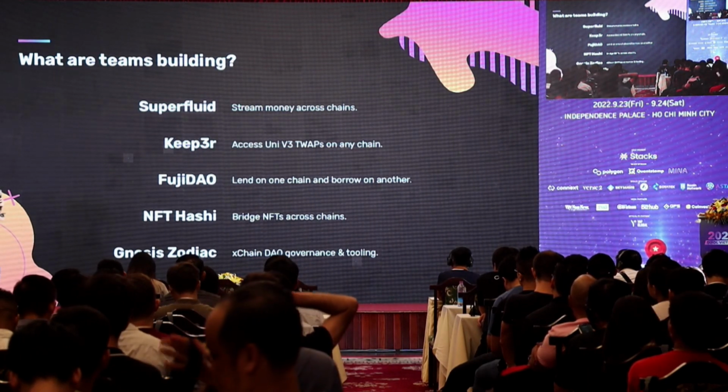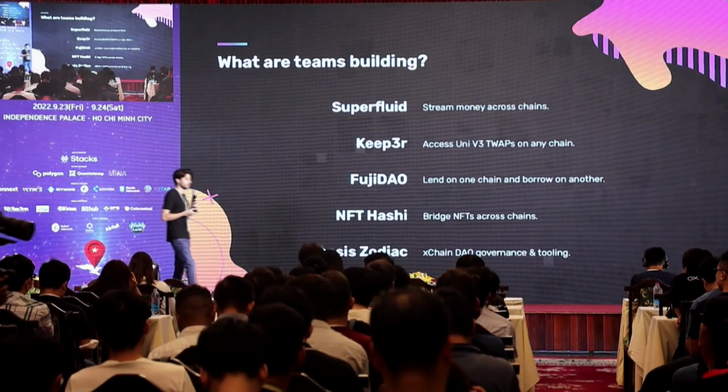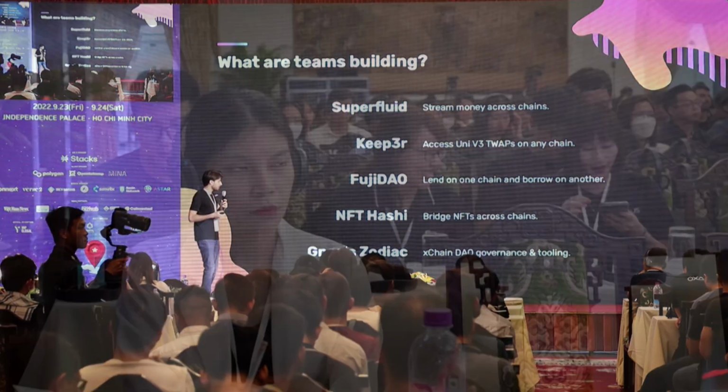And lastly, Gnosis Zodiac. Within the Gnosis ecosystem, there's a project called Zodiac, which is basically building DAO tooling. One of the key things that they want to enable is cross-chain governance. So being able to have a proposal that exists on one chain be executed from any other chain. A good example of this is, for instance, Uniswap needs to update their fee tiers on Polygon, but Uniswap's DAO exists on Optimism. How do they do that? The goal is to move towards not just being able to do things like that, but also have cross-chain voting. So allow users to have Uni tokens on any chain and vote with them from anywhere.